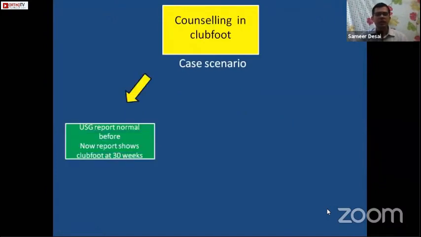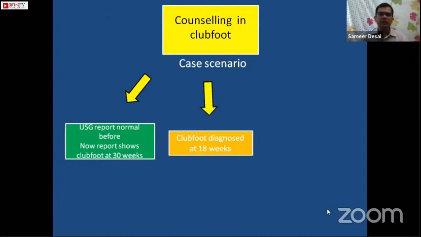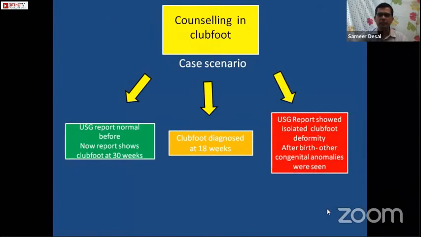The first case scenario is when the ultrasound report had been reported as normal, but now the report has come out to be clubfoot and the mother is 30 weeks pregnant. The second case scenario is the mother is 18 weeks pregnant and they come to us with a report of clubfoot. So what should be done? And the third case scenario is when an ultrasound report has showed an isolated clubfoot deformity, but after birth, other